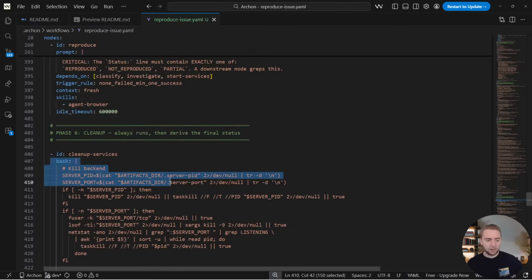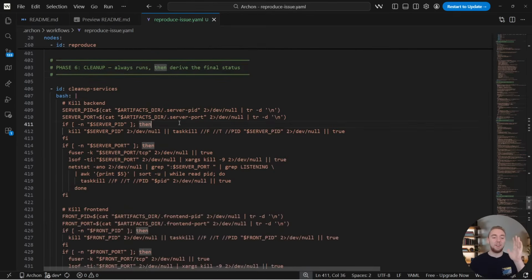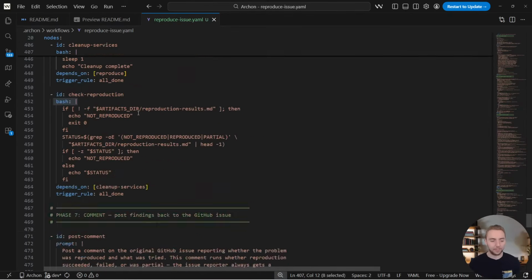That's another deterministic step. So as much as possible, we're taking the decisions away from the coding agent. I don't want to risk that the coding agent doesn't do the cleanup, because we might prompt it to, but because this is such a long workflow, even with the latest and greatest models, it might just skip that step entirely. So we want to make sure that we enforce this to happen all the time. That's why we have this as a bash node in Archon, in this workflow.